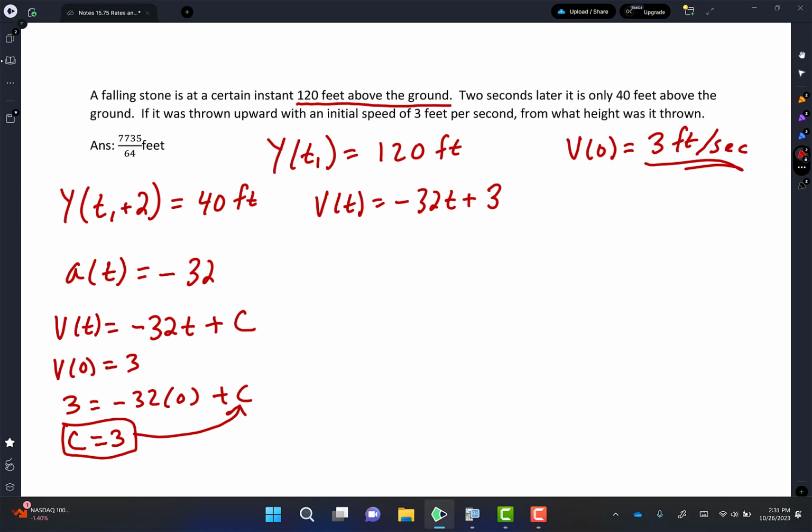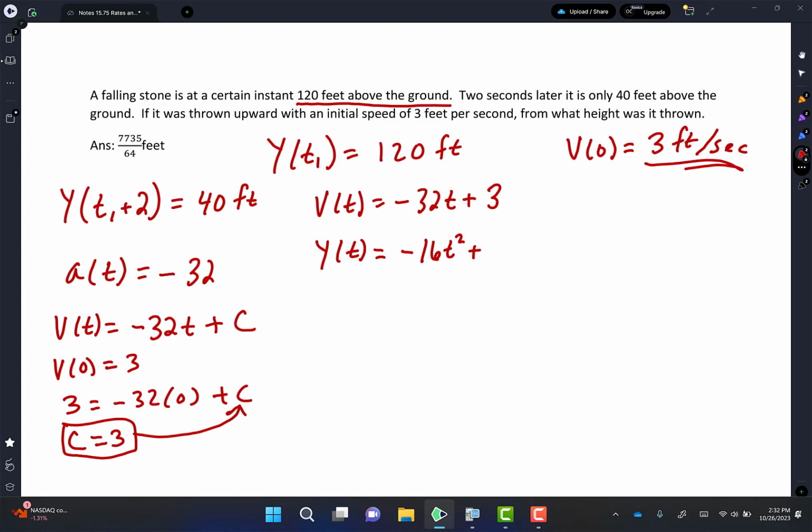I need to find my position equation because my position equation is what tells me my position at any given moment. Yes or no? Okay, so how do I get my position equation from velocity? I take a what? Antiderivative. So I write y of t because it's vertical motion, so that's why I write y of t and not x of t. I guess it wouldn't matter if you write x of t, but it's going up and down. So what's the antiderivative of negative 32t? Negative 16t squared plus